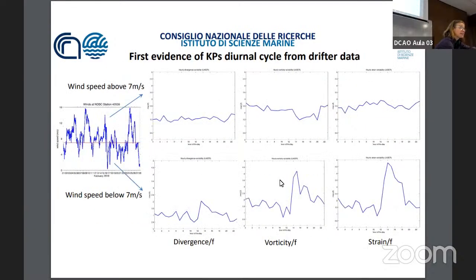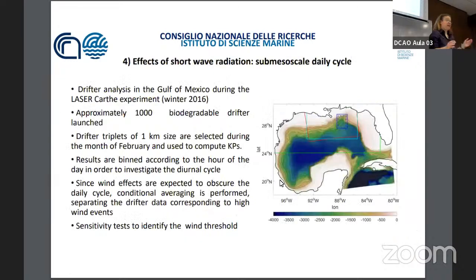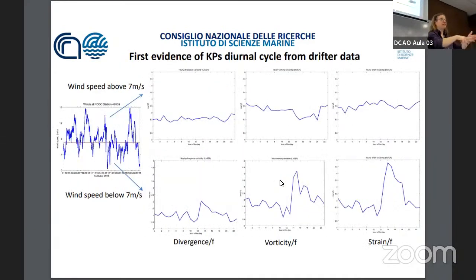over which this statistic is based is the whole month of February of drifters that are sparse and advected in the Gulf of Mexico. So it would be hard to associate a specific feature with a chlorophyll peak, because the evidence of this diurnal cycle is made from putting together individual samples that we got all over the